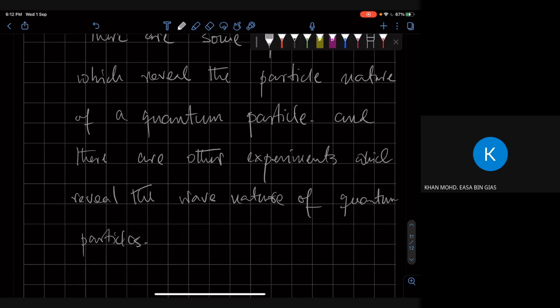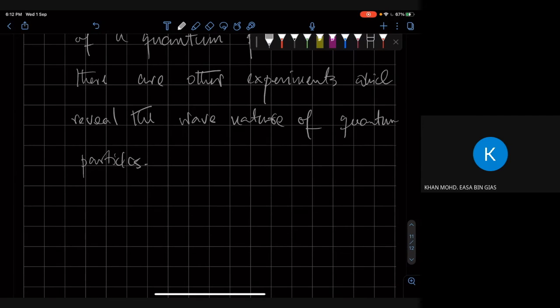For example, the double slit experiment is something where the wave nature of a quantum particle is manifested. On the other hand, if you look at quantum scattering, that's where the particle nature of a quantum particle is manifested. So what Feynman said is that